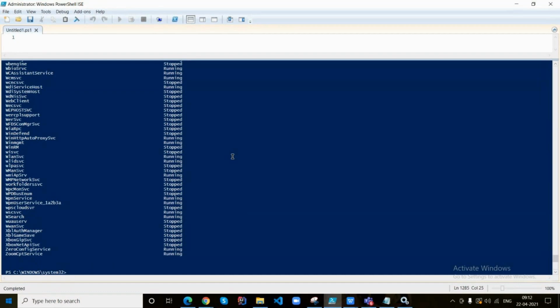The thing I wanted to let you know here is that you can customize the output of a commandlet by piping the commandlet's output to Select-Object. You can give description or display name.